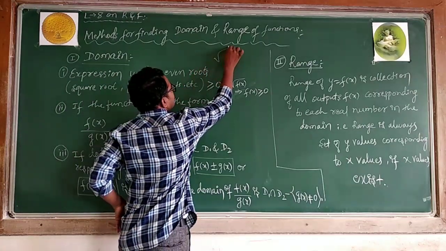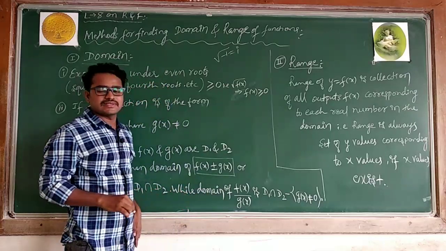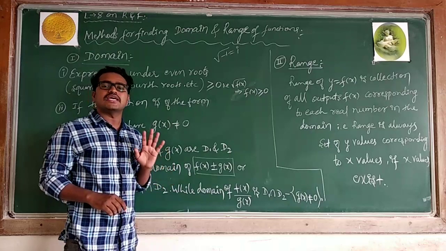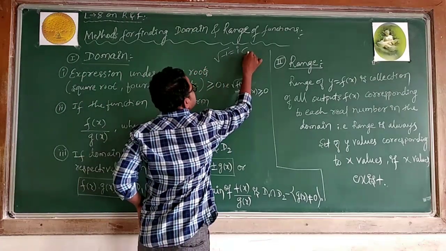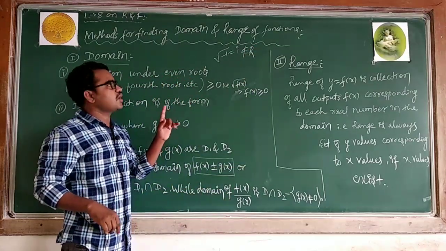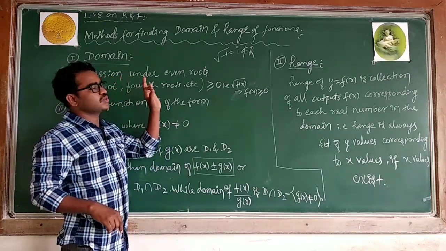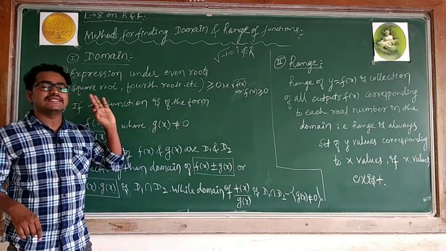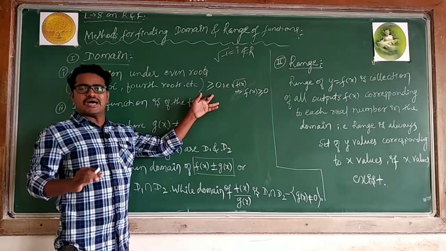Square root of minus 1 will give an imaginary number, so I can say i, or you can say imaginary root. Whenever an imaginary root comes in the case of real numbers, we are not taking this. I can say it does not exist in the case of real numbers. For that reason, whenever the expression is given under a root, the value under the root should be greater than or equal to 0. That means always a positive value or else 0.